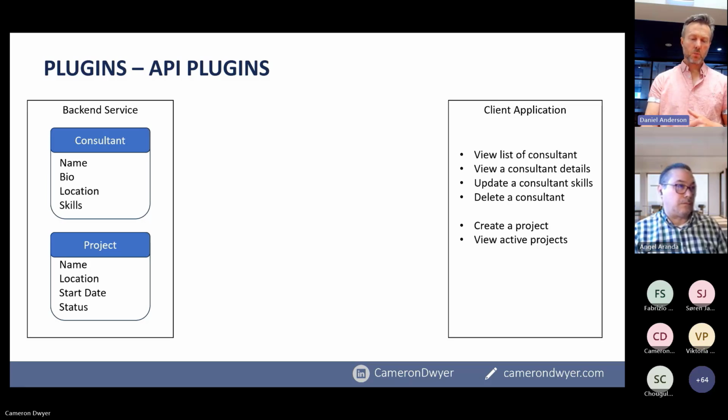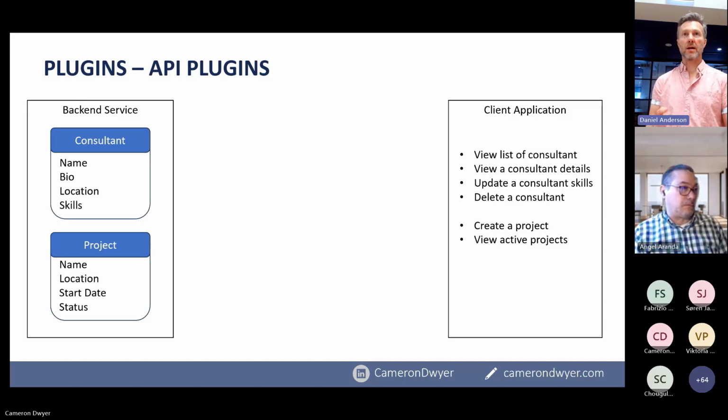But in order to understand why it's super powerful, you have to understand how systems are really built and have been built for the last decade or more, and how we're still building them today. Typically, any typical application built today would have some sort of back-end service, which is represented on the left-hand side of the screen, and some sort of client application, which is represented on the right-hand side. And you might have multiple client applications.